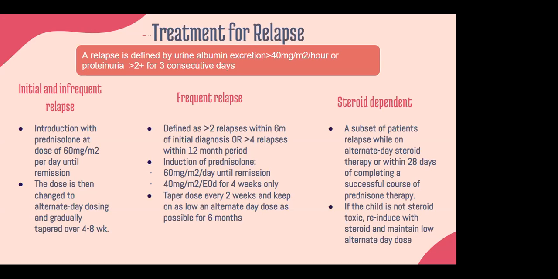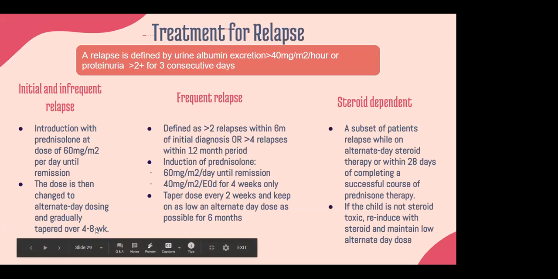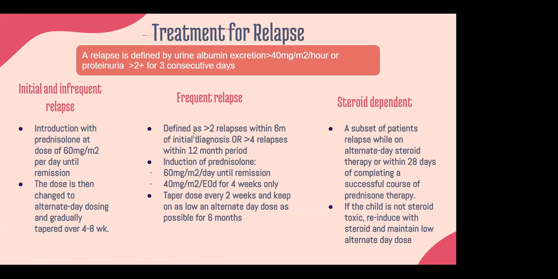So what is relapse? Relapse is defined by urine albumin excretion higher than 40 milligram per hour, or proteinuria higher than 2 plus for 3 consecutive days. So for the initial and infrequent relapse, treat the patient with prednisolone at a dose of 60 milligrams per day until remission. And then the dose is changed to alternate day dosing and gradually tapered over 4 to 8 weeks. And then stop. Then frequent relapse is defined as when the patient has more than 2 relapses within 2